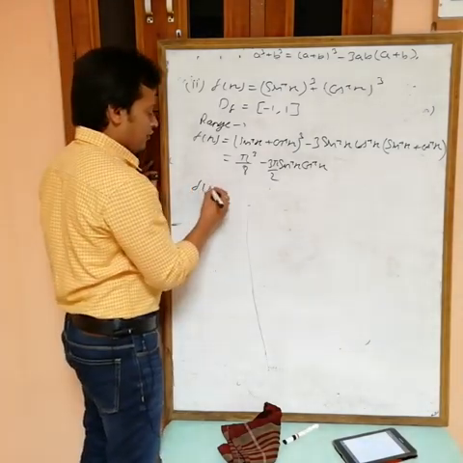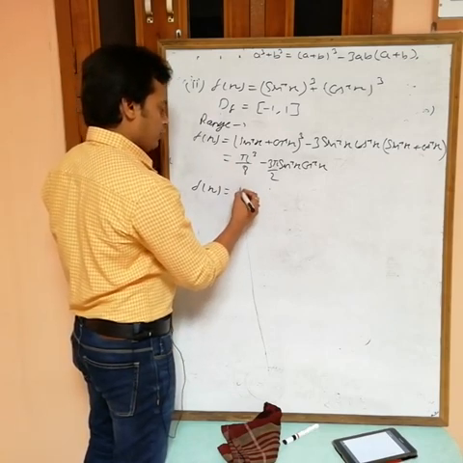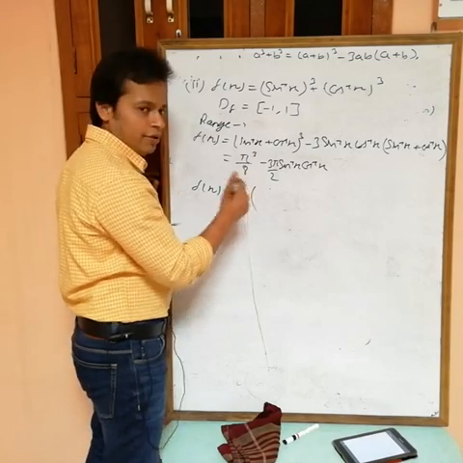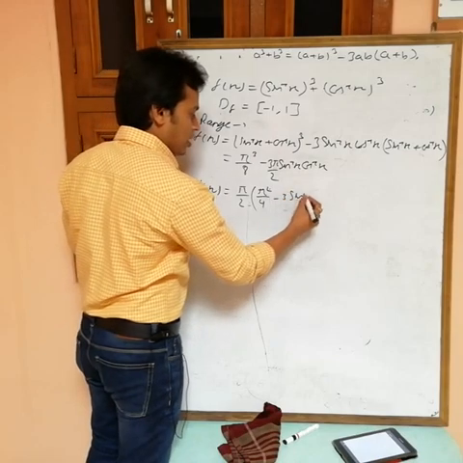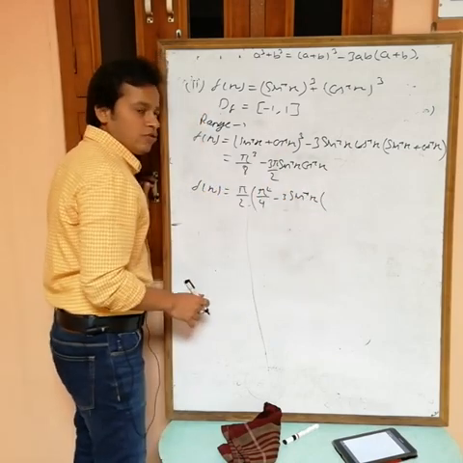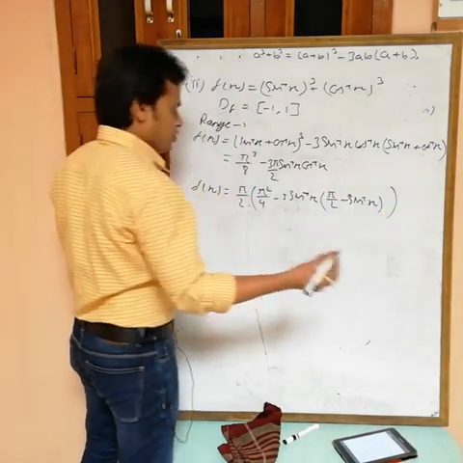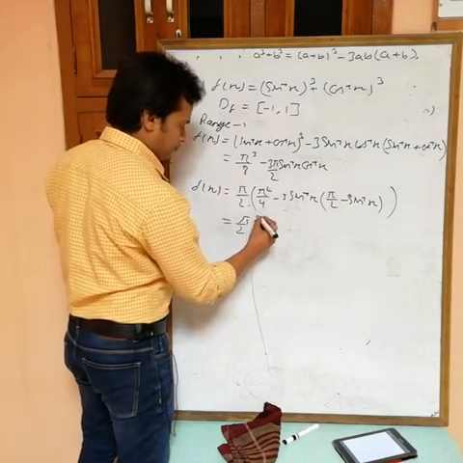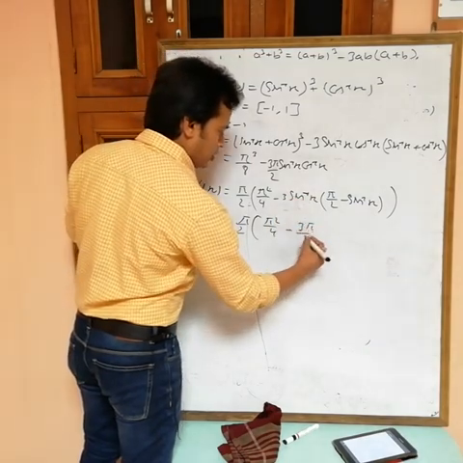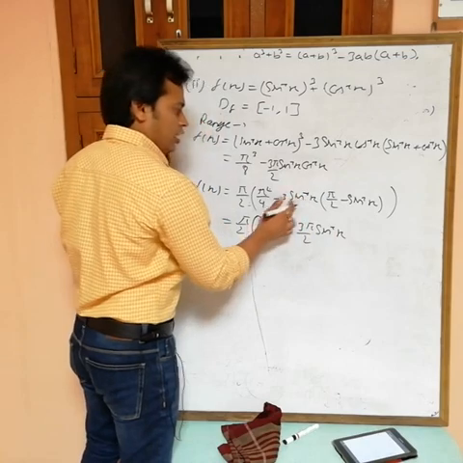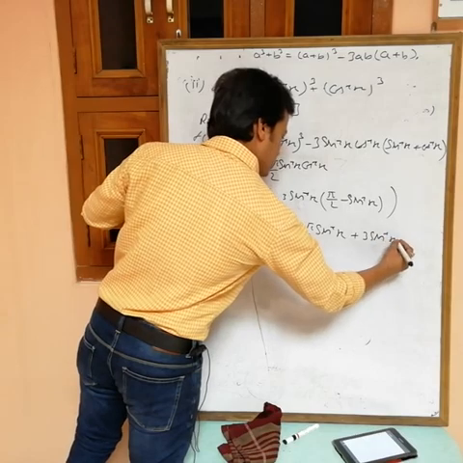So see, f(x) is equal to pi cube, can I take something common? And that something is pi by 2. Okay, I am taking common pi by 2, then this becomes pi square by 4 minus 3 sin inverse x, and cos inverse x can be written as pi by 2 minus sin inverse x. Okay, now simplify. Pi by 2 times (pi square by 4 minus, if you multiply this one, then 3 pi by 2 sin inverse x, and minus minus plus, then plus 3 sin inverse x square).